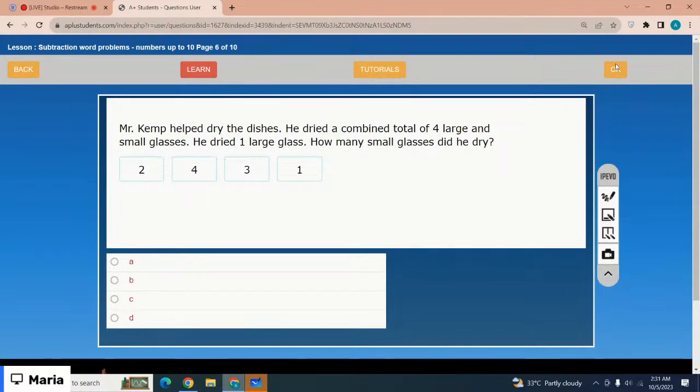Mr. Kemp helped dry the dishes. He dried a combined total of 4 large and small glasses. He dried one large glass. How many small glasses did he dry? So, which is the correct option? The total glasses he dried is 4, right? One of the glasses is a large glass. How many small glasses did he dry? So, that means you need to do 4 take away 1, right? So, 4 take away 1 equals,